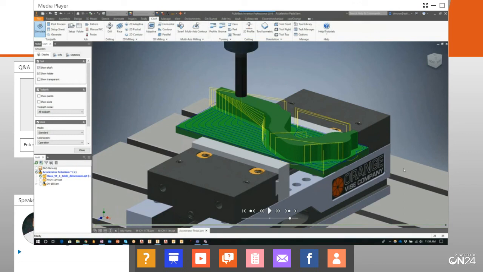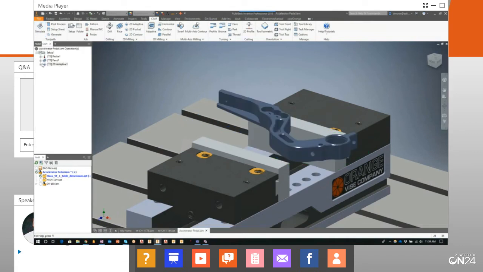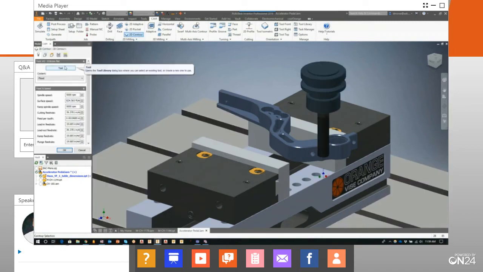All right, I like everything. So if everything meets what you intend, we'll go ahead and click close, and now we've completed that 2D adaptive operation. All right, so the next thing we'll do is do a 2D contour, and